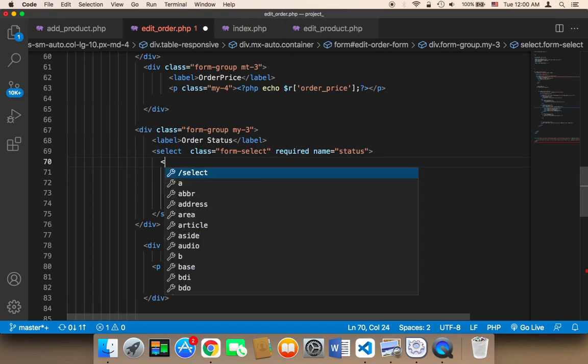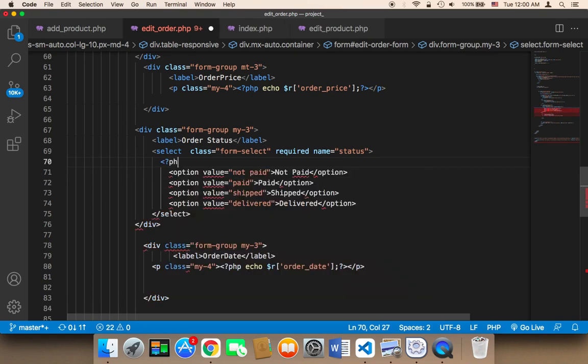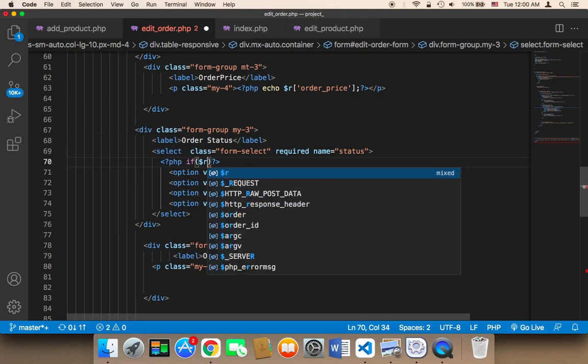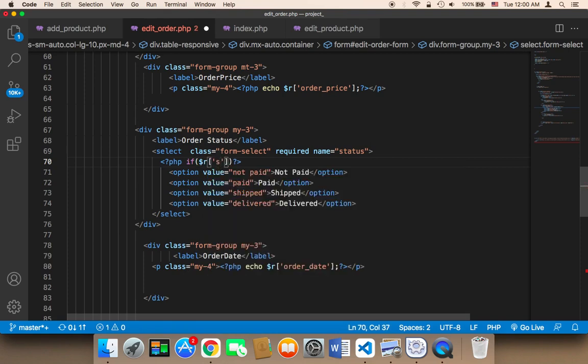So I'm going to say PHP and then if our status, order_status, is equal to not paid, then we echo here. Let me copy this code. Actually, we need to display it inside the option. So here